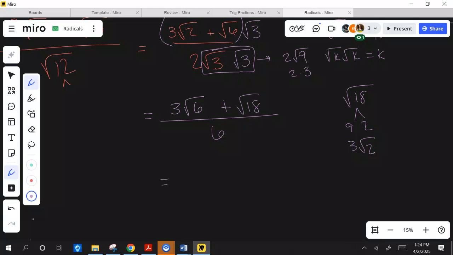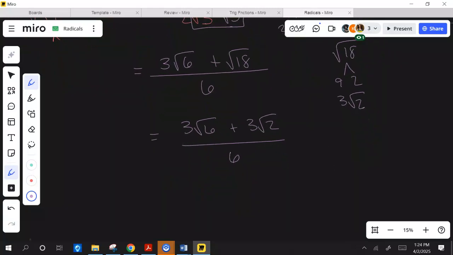So up top, I do need to check this, because if these are like radicals, I would need to combine them. You see how we're bringing all this stuff together now? They're not, though. They're not like radicals, so now I'm good to move on. So when you simplify them, be very careful. We did this a little bit with the quadratic formula. I can simplify, but only the numbers out front. Don't throw stuff under that radical and start working with that, because they'd all have to be under a radical simplified. But I could divide them all by 3, and so my answer would be